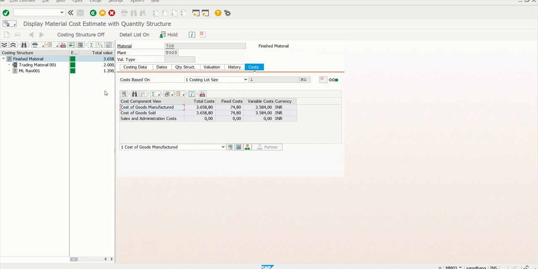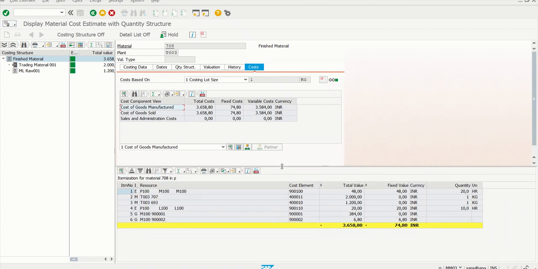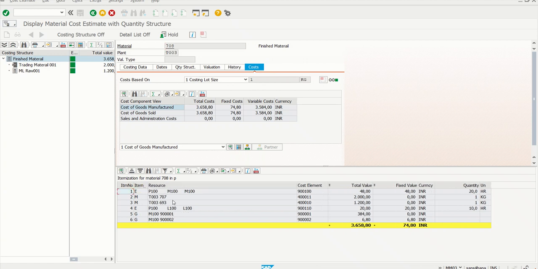So here we can see these are the two materials which have been taken into the finished material as components. I'm going to check the itemization. Okay, here we can see the complete details of items which are used to manufacture this finished material 708. Itemization, item category indicates what type of item it is, whether it is an overhead, material or activity.